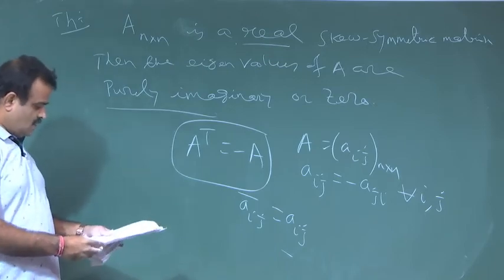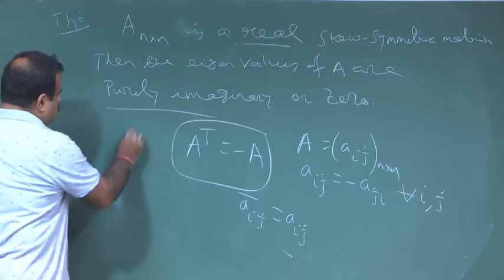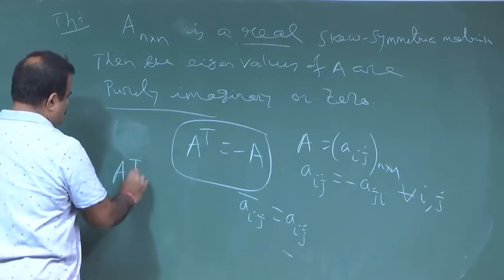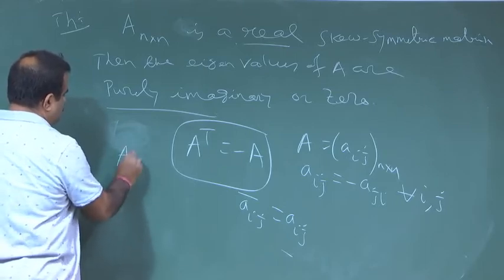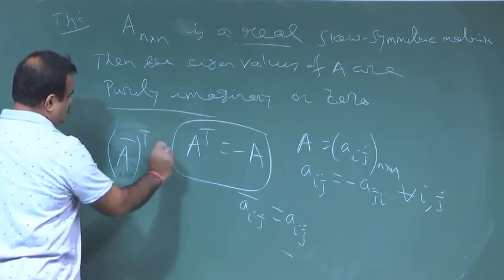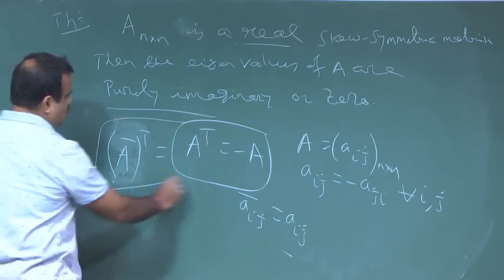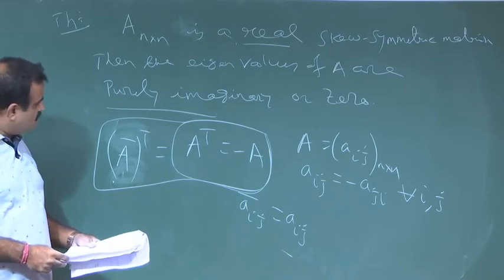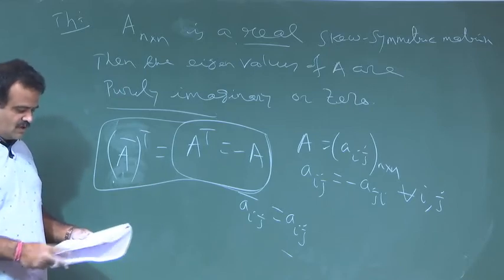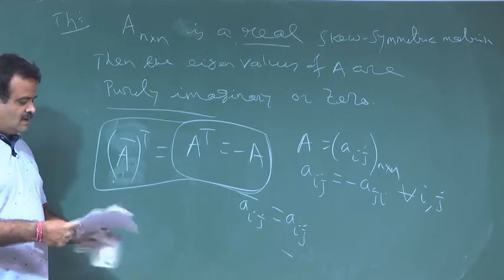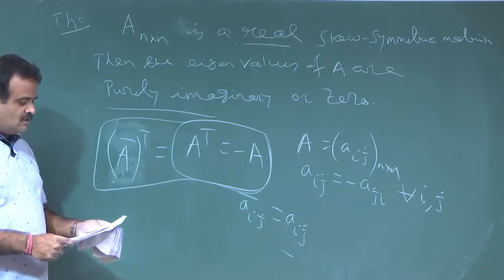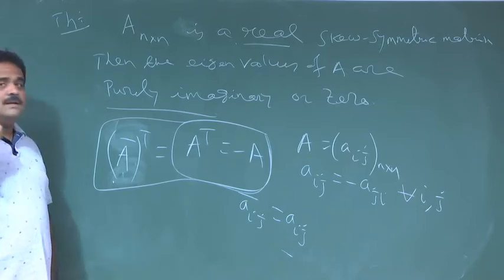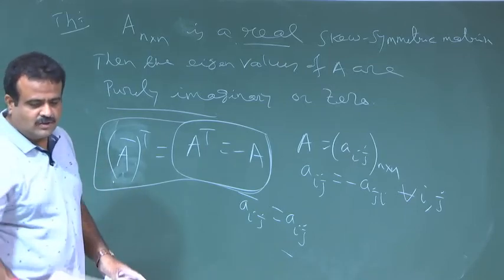So, that means the conjugate matrix is the same as this matrix. So, this is the definition of a real skew symmetric matrix. If you have a real skew symmetric matrix, then we can show that the eigenvalues are either 0 or purely imaginary. So, in a similar way we can argue that.